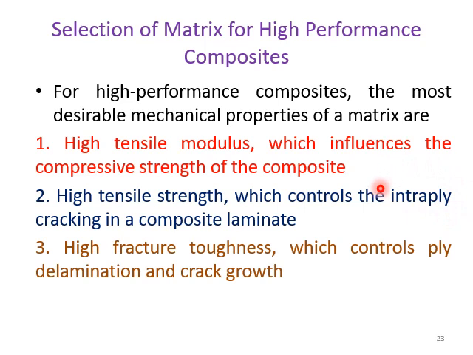So what is an intraply? Last time you have seen what is a laminate. A laminate consists of a number of laminas, right? So suppose one lamina is made of carbon fiber, the other lamina is made of glass fiber, and the other lamina is made of a Kevlar fiber, right? So now in different laminas the fibers are different, so that is called an interply laminate.